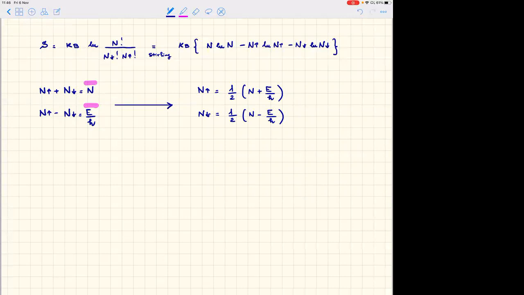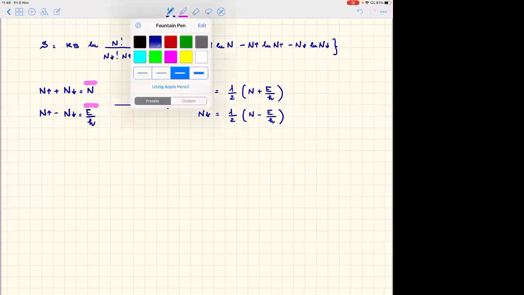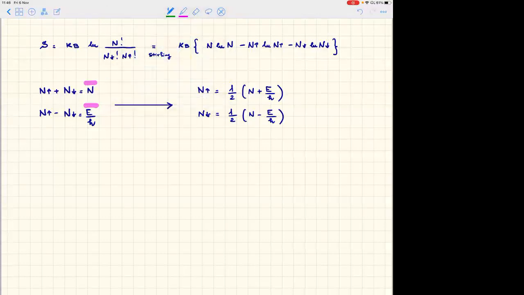Now, if I take these two expressions and substitute them here,